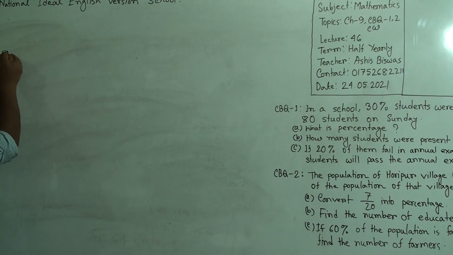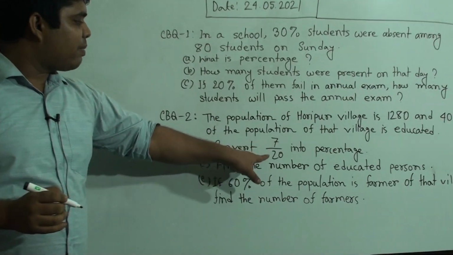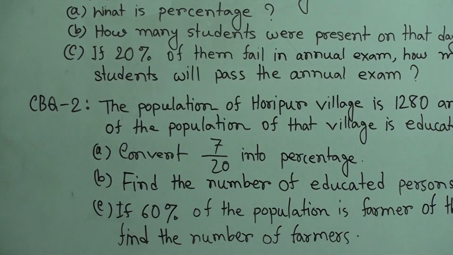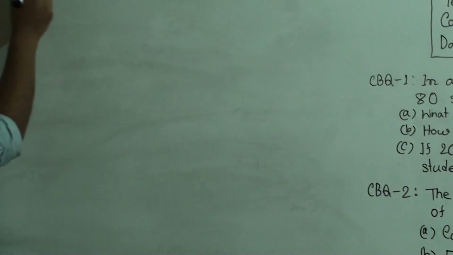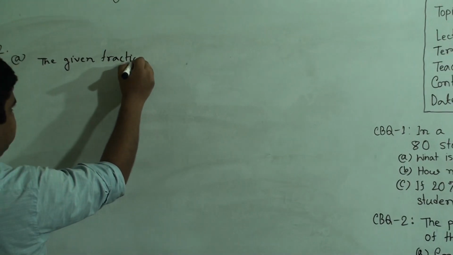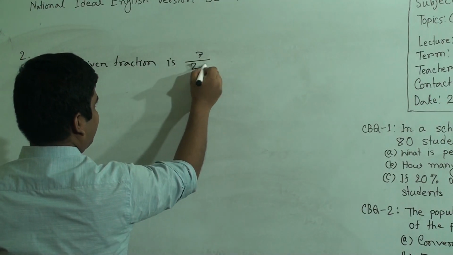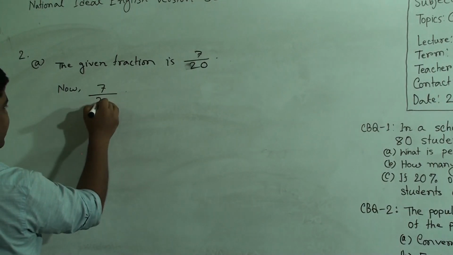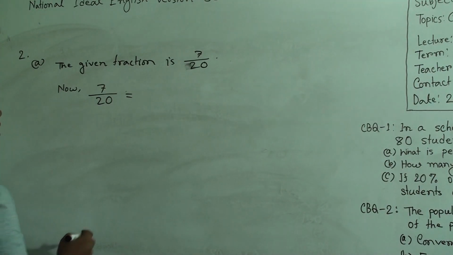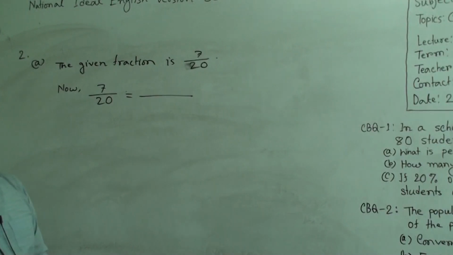A number question. First of all, we convert 7 by 20 into a percentage. The given fraction is 7 by 20. Now we convert this. 7 by 20 equals, dear student, we know a percentage is a fraction whose denominator is always 100,